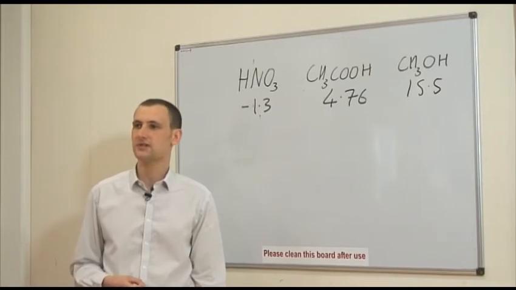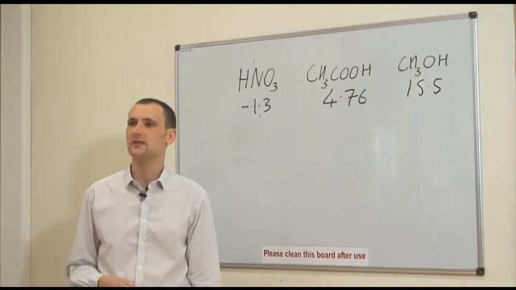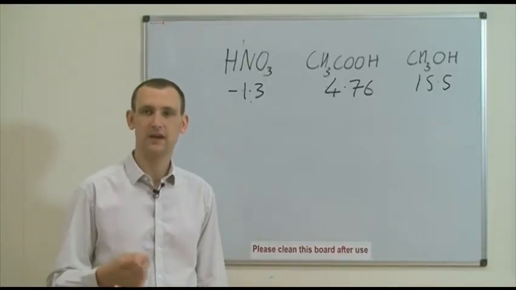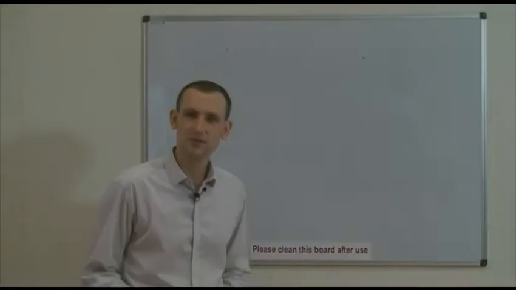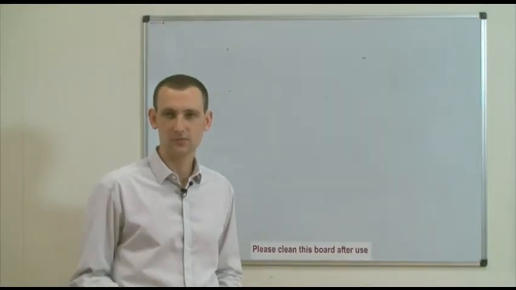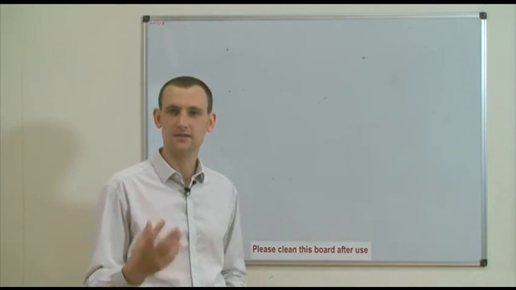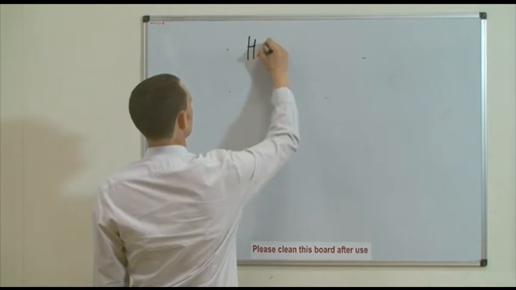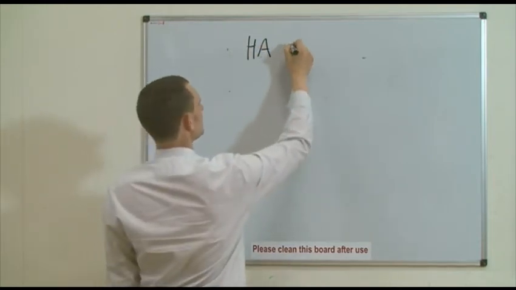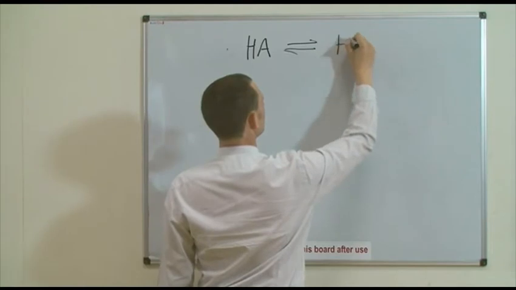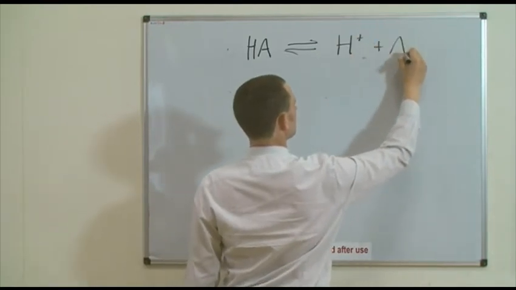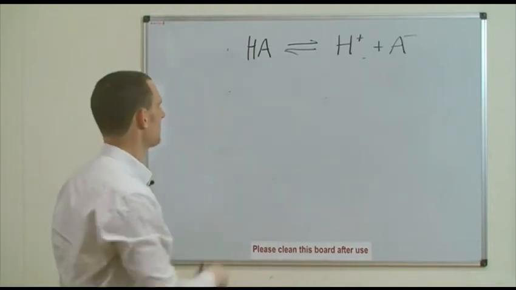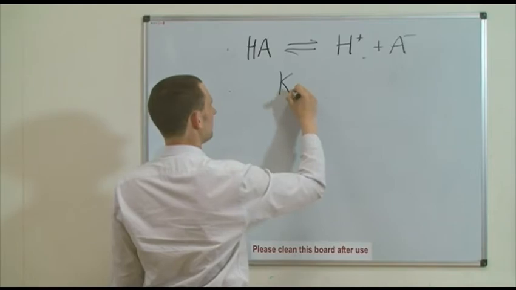For a weak acid, the situation is a little more complex because we have to consider that only a fraction of the molecules will deprotonate, with the exact amount depending upon the value of Ka, the acidity constant. We need to consider the acidity equilibrium expression. So if we recall, our acid is in equilibrium with the protons and the conjugate base, A minus the conjugate base, and there are our protons. We derive the expression for the acidity constant